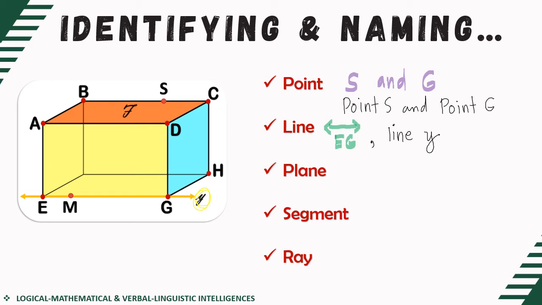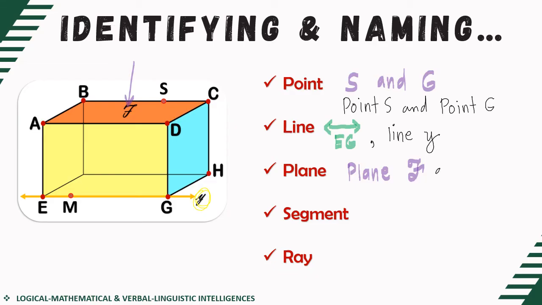Another, let's say we have this time a plane. Let's name a plane. So in naming a plane, you can use one letter as well, provided that it should be cursive. As you can see here in our illustration, we do have a cursive capital letter F in here. So that means you can use this to name a particular plane. Now, apart from that, we are going to name this plane F using other ways.